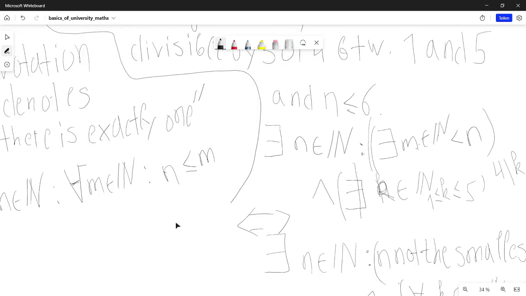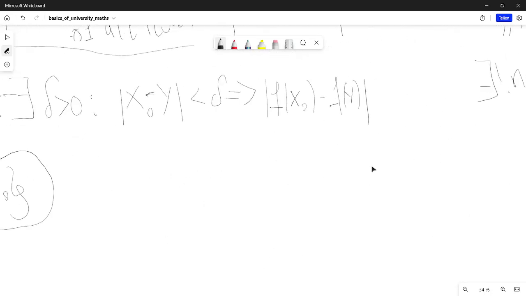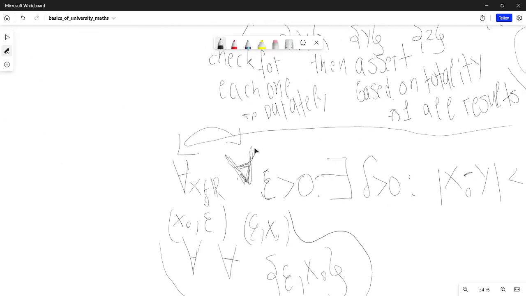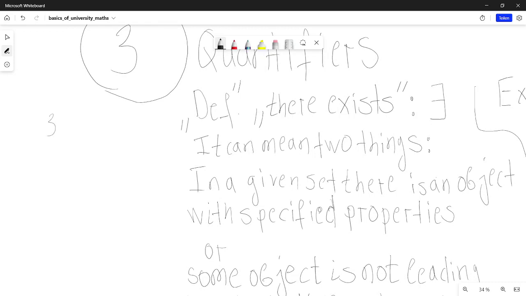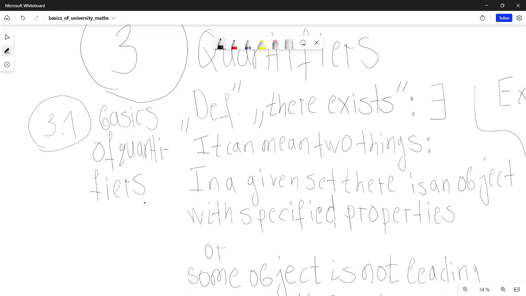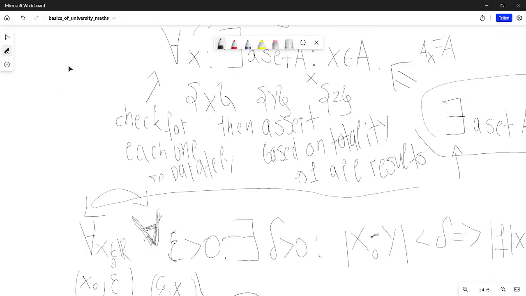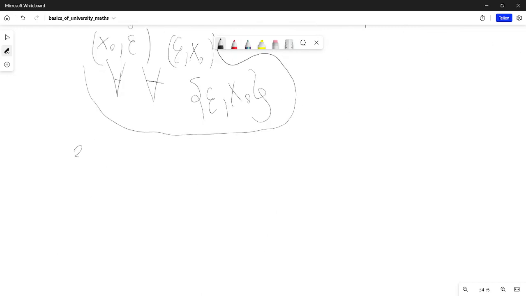Now let's get to the things where it really gets applied. And that would be, well, 3.1, basics of quantifiers. And now let's get to the meat. 3.2, quantifiers, sets